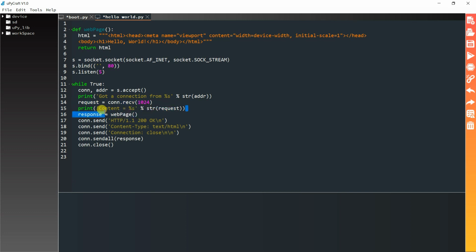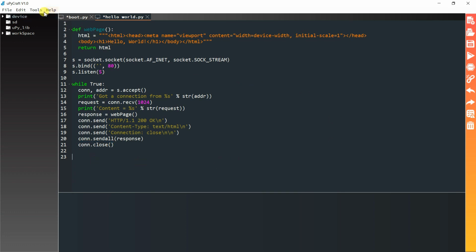This line simply prints the content of the request. This line creates a variable called response. This contains the HTML text returned by the web page function. Finally, send the response to the socket client using the send and sendall functions. This is to close the created socket.